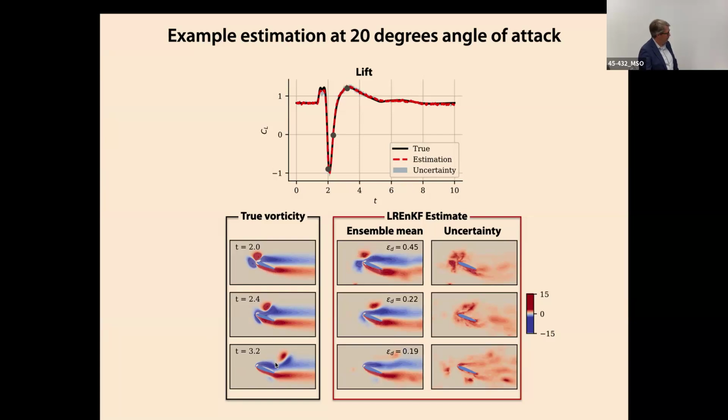Okay, so that was the case that underlies all this, but we never know it, right? But in this case, we're going to play God and assume we know it, okay? But this is what we actually measured. We got this ensemble mean, and this is the uncertainty. This is where we're most confused about that flow field.